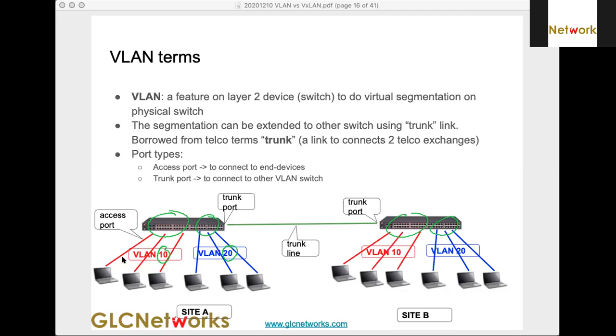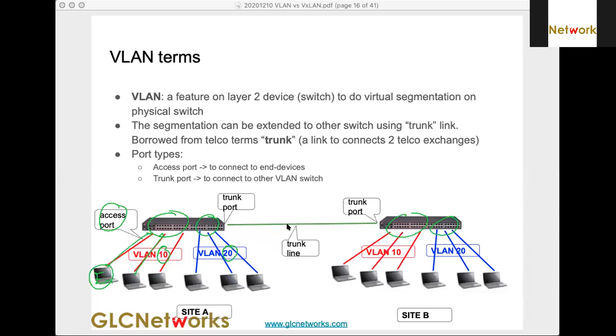And then when you connect a host to a switch, it's called an access port. Usually an access port is connected to the end device. And then there is the trunk.